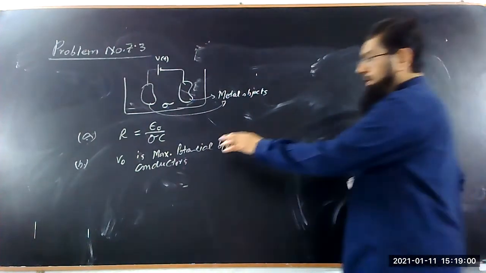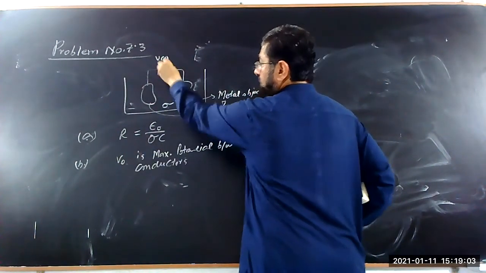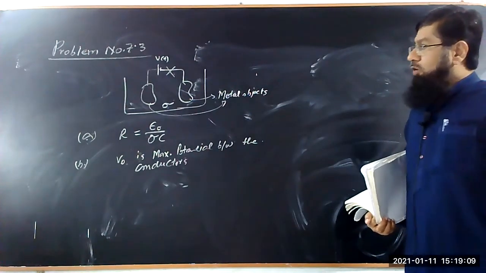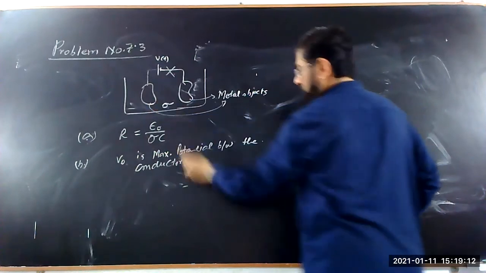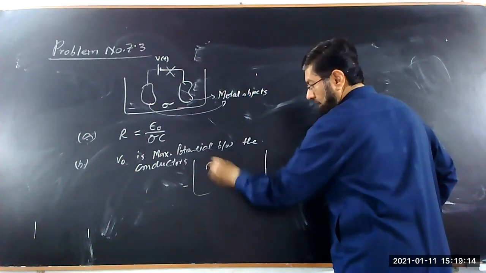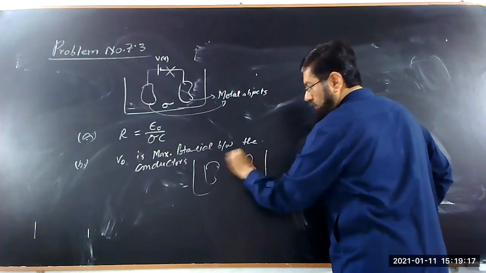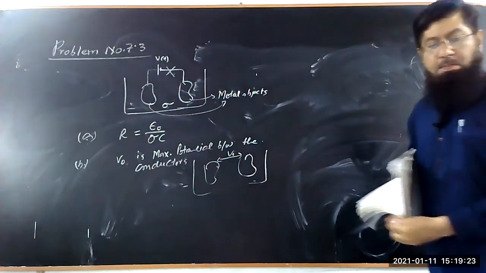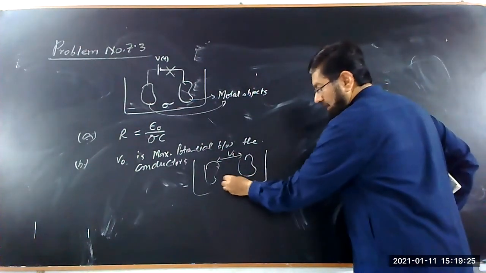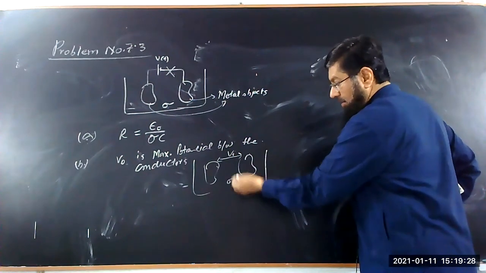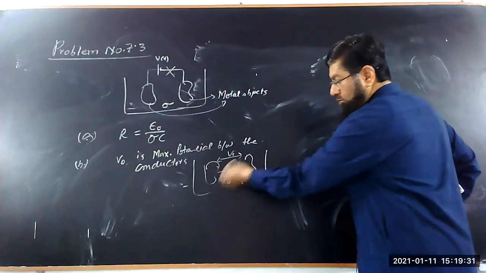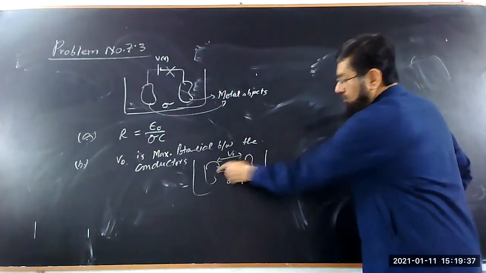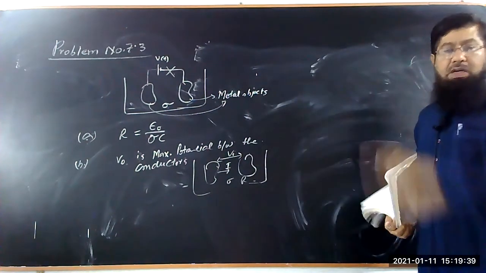Now when it is completely charged, you disconnect it from the battery. The potential between the two metals is V naught. The conductivity of the medium is sigma and the resistance is R, so the charges start flowing, current starts flowing through it. As a result, the voltage between these two will go down, will decrease.